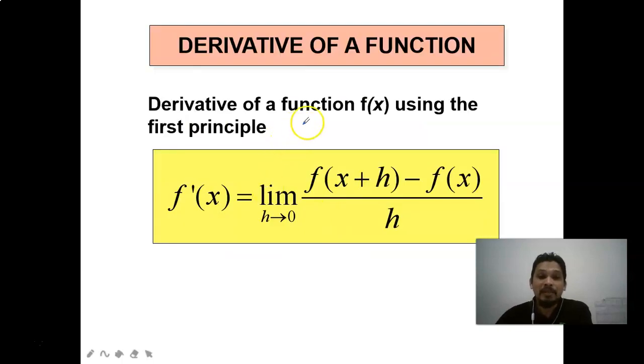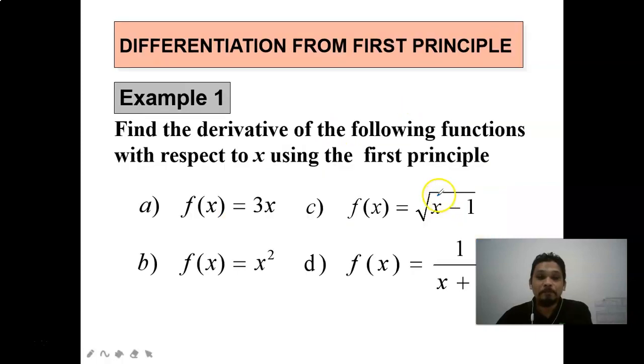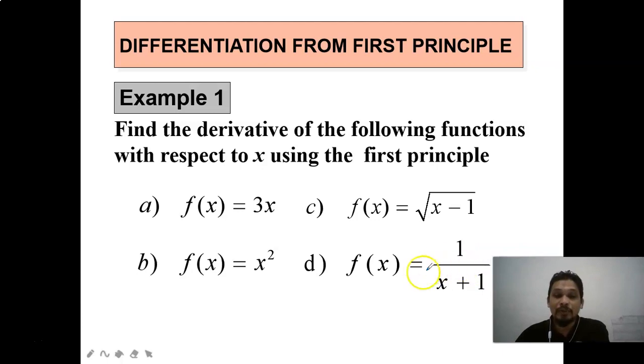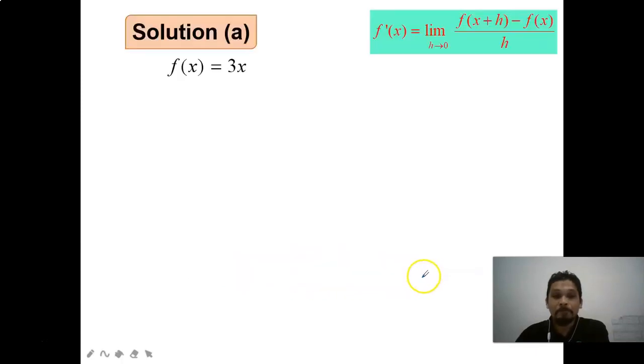Okay, so the derivative of function f(x) using the first principle, as you see here now, and we're going to solve all these examples from the beginning, question 1a, f(x) equal to 3x, f(x) equal to square root of x minus 1, f(x) equal to x squared, and f(x) equal to 1 over x plus 1. Okay, class,